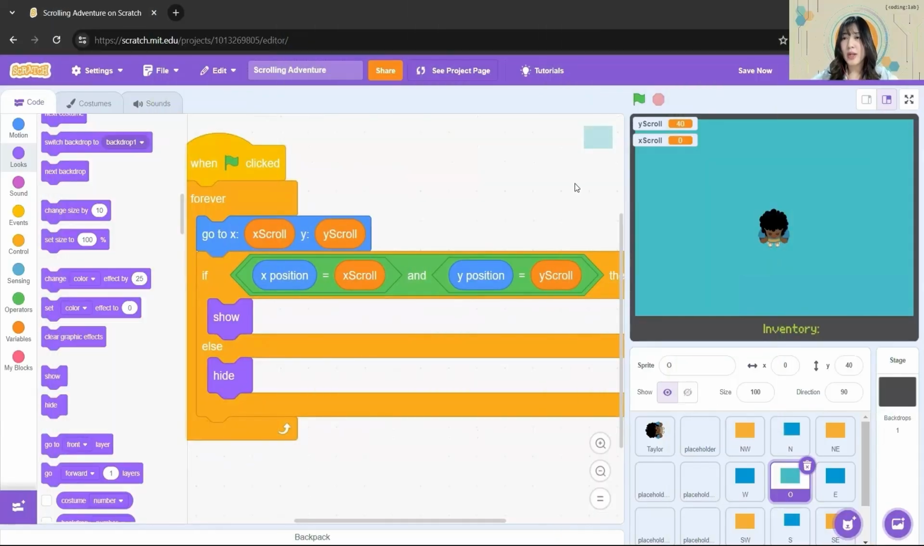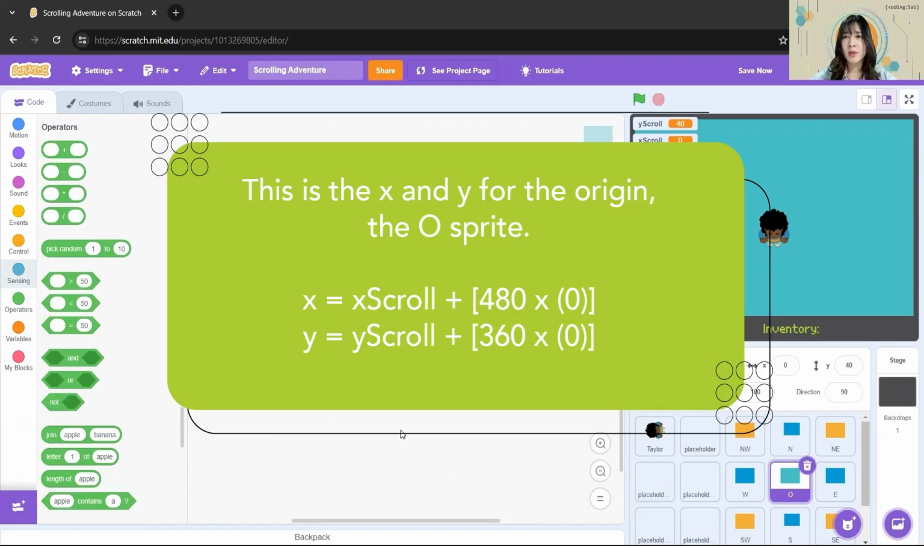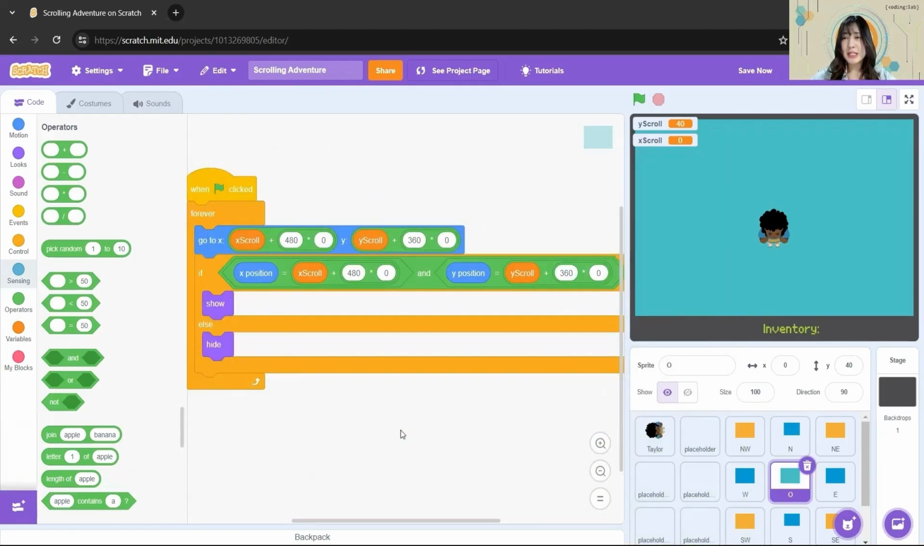Let's modify our code in the O sprite so we write out the formula for all map sprites. We'll take out the X scroll and Y scroll variable blocks from our current code. We will modify it with the addition and multiplication operator blocks. Since the origin sprite is the center of the map, it is meant to appear as long as the X